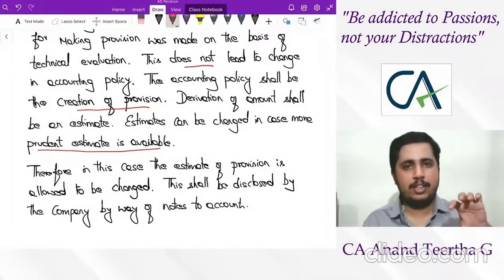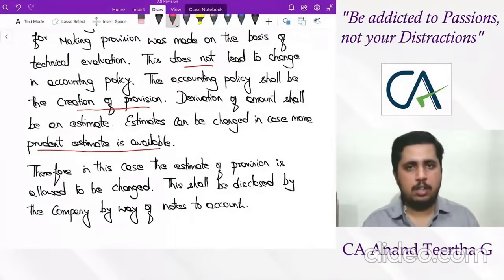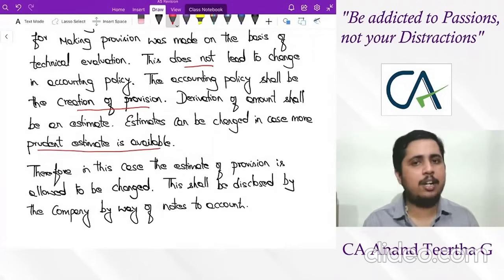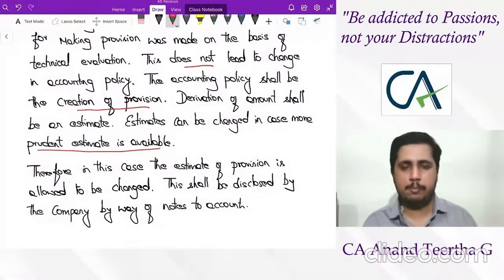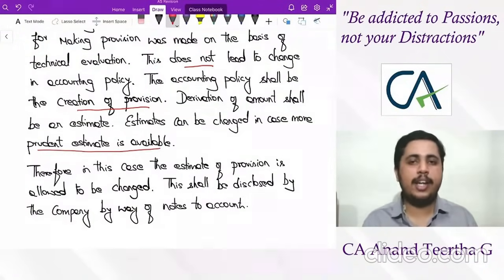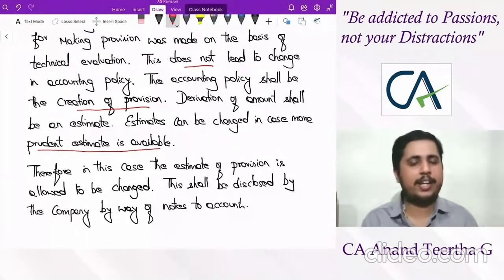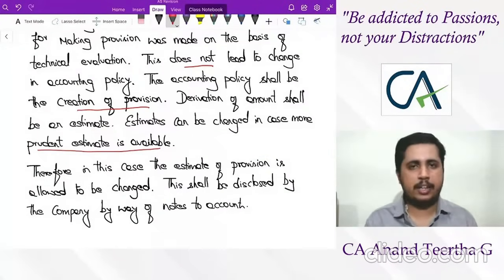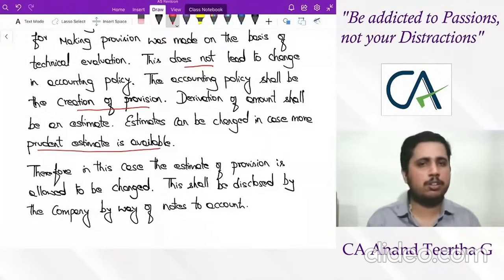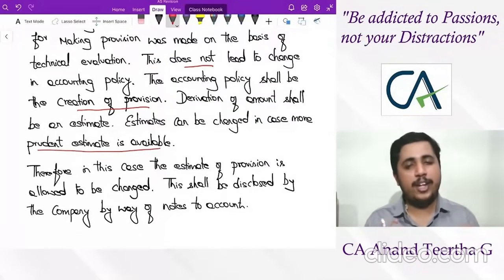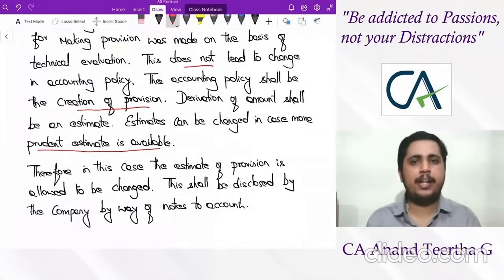First paragraph, target what they have asked. They have asked whether it is a change in accounting policy or not, so first tell what an accounting policy is. In the middle, tell what the cases involved are. You can quote the accounting standard. Over here, it's not directly related to AS1, it's an overall understanding, so it is not quoted, because even AS5 also talks about accounting policies. If it is going to specifically talk about a particular standard, quote that standard; it is covered by that standard. Afterwards, give an elaboration of it. What has happened in the case?